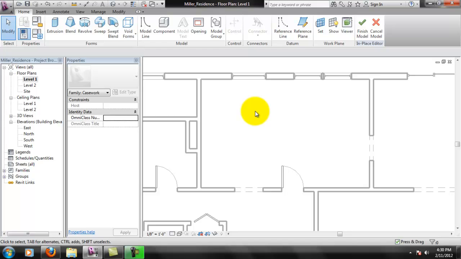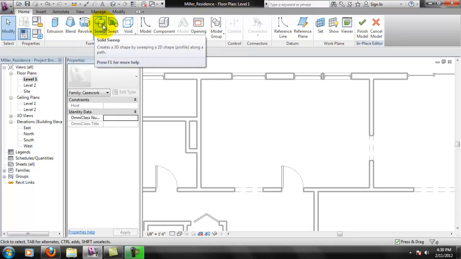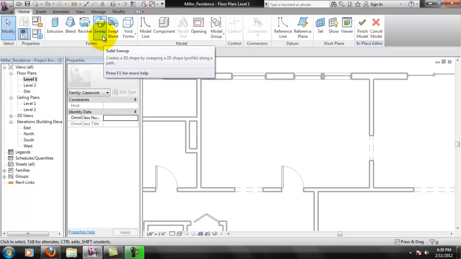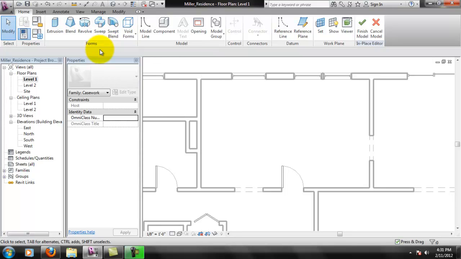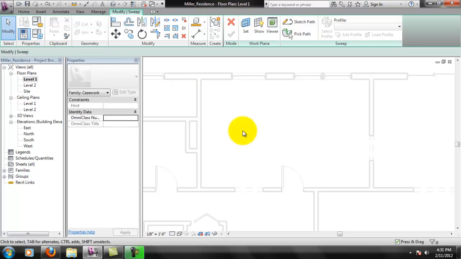Now, there's a couple different ways that we could do this. Basically, this is an L shape is what we're looking at. And if you've ever taken a 3D course before, or you're familiar with 3D, we really only talked about extrusion. We did a little bit of sweep, but what I recommend that you do here is actually do a sweep of a solid object. So I'm actually going to select Sweep here,